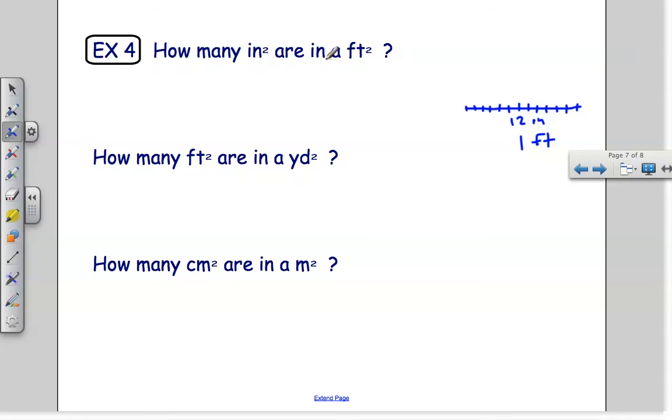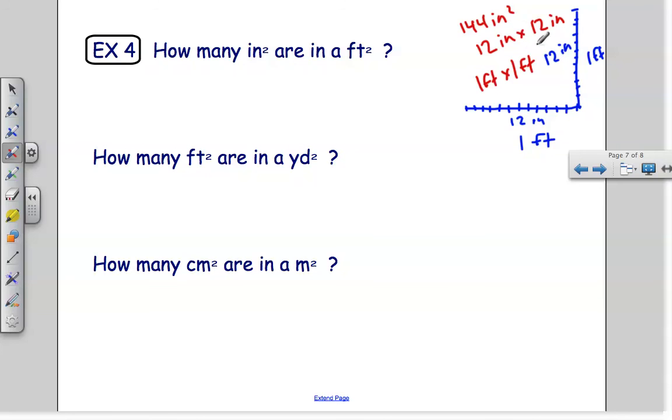But this is a square foot, which means it's also 1 foot in this direction, which means it's also 12 inches in this direction. So it's 1 foot by 1 foot, but it's 12 inches by 12 inches. Okay, so 1 foot by 1 foot, 1 square foot, is actually 12 times 12, or 144 square inches